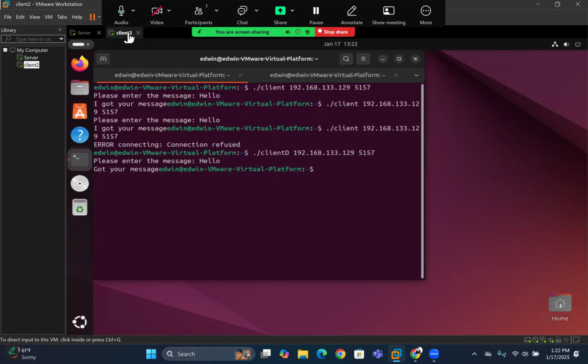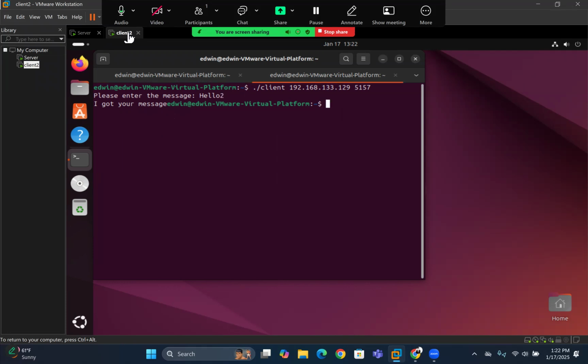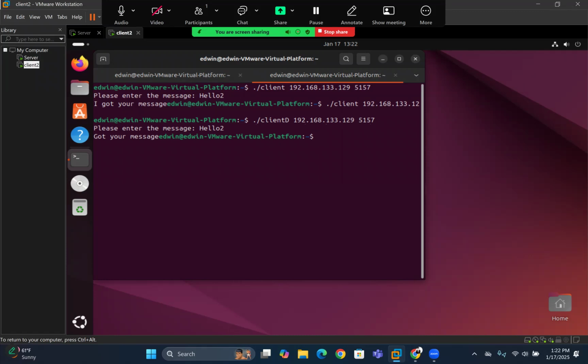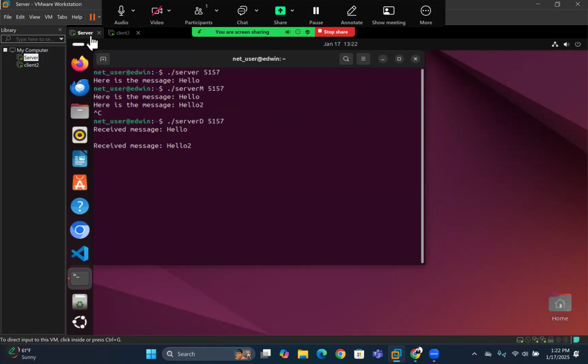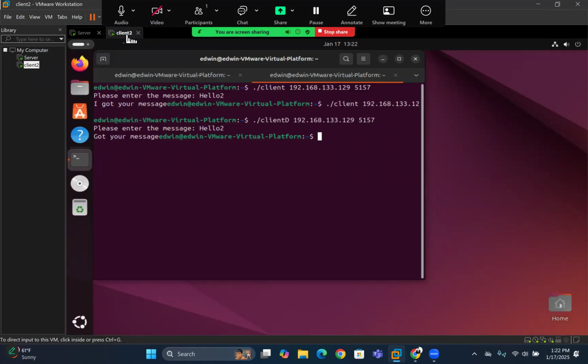And then we can just run another client D. Hello two. So basically this communicates with datagram packets, which are unreliable